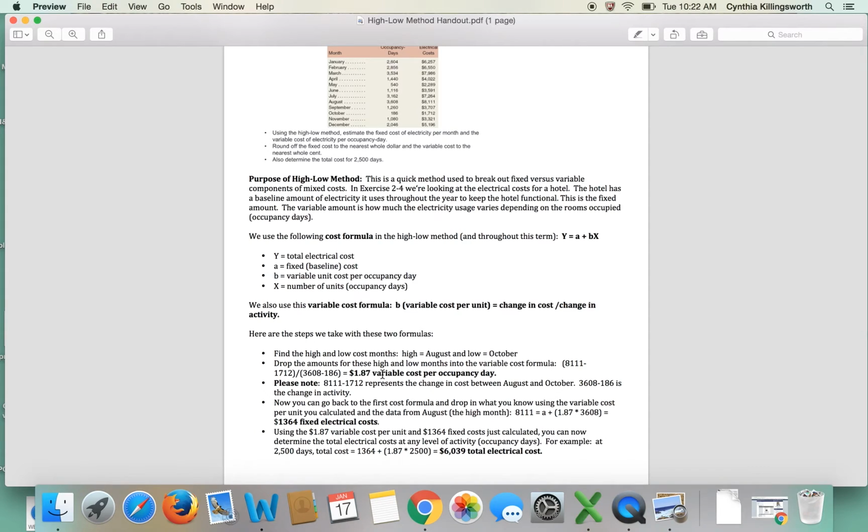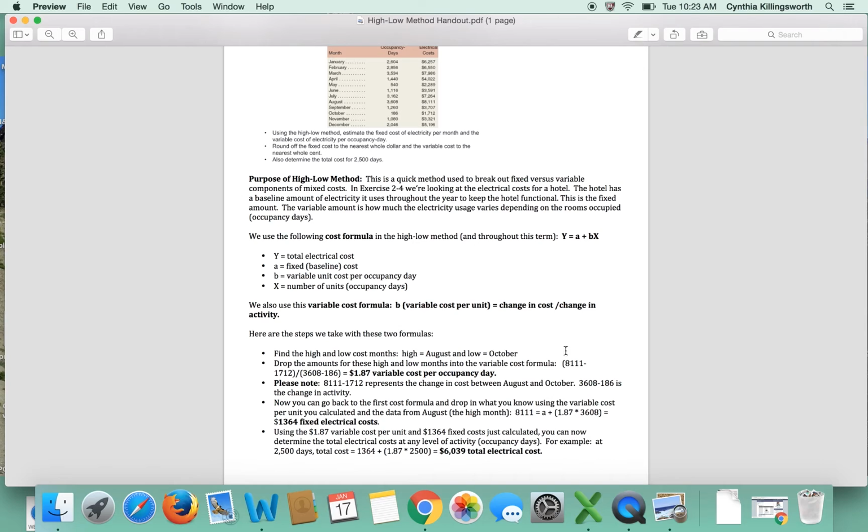So now we've just figured out what is the variable cost per unit, and then what's the overall fixed electrical costs. Once we have these two components, we can figure out what our total electrical costs are going to be at any level of activity. So for example, let's say we had 2,500 occupancy days. We can drop these numbers into the cost formula. Here's our total fixed cost plus the variable cost times the 2,500 occupancy days, and we know that at that level of occupancy, the total electrical cost will be